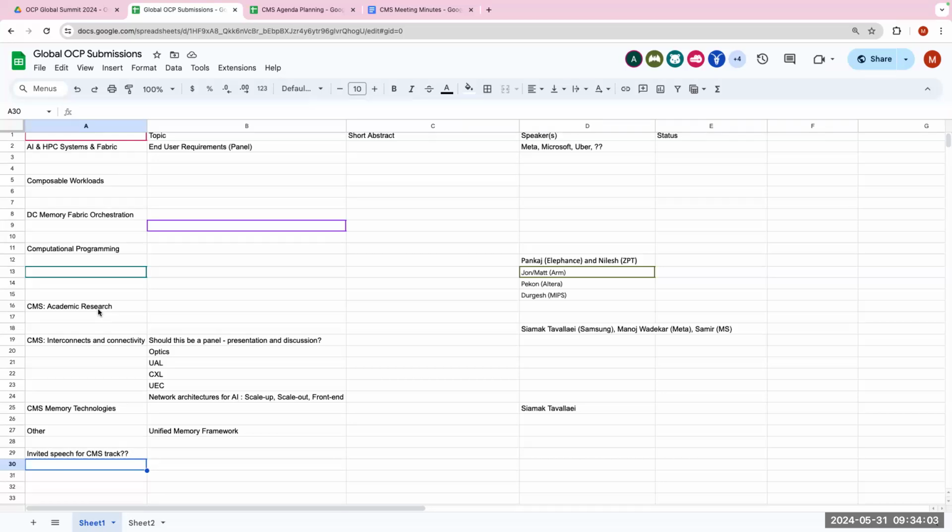So select one speaker, or if it is a panel, maybe three, to be named. You can acknowledge as many people as you wish as you're presenting.